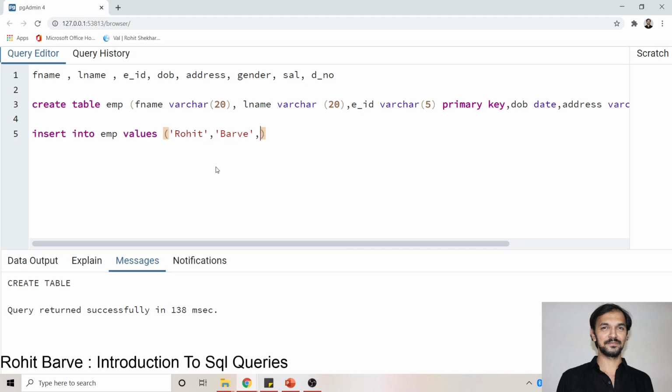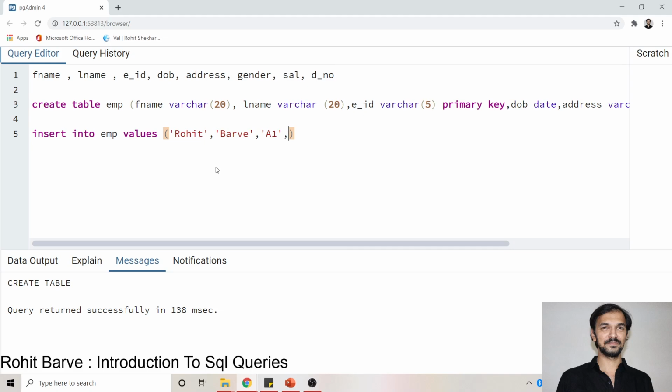Whatever I write first will belong to F name, whatever I write second will belong to L name, and whatever I write third will belong to employee ID. So employee ID is A1. Now the primary key, you can understand A1 will act as a primary key, so no other employee will have employee ID called A1. Alright.